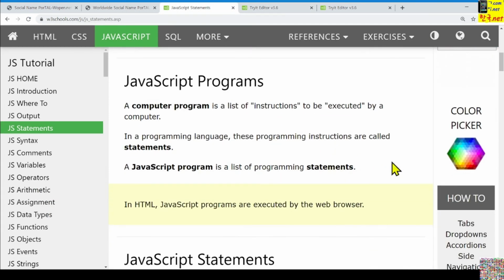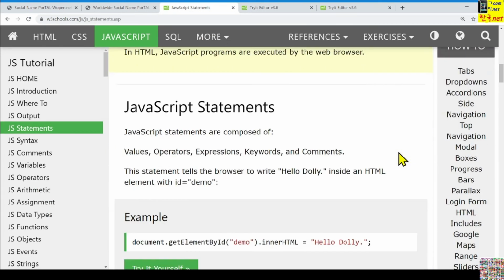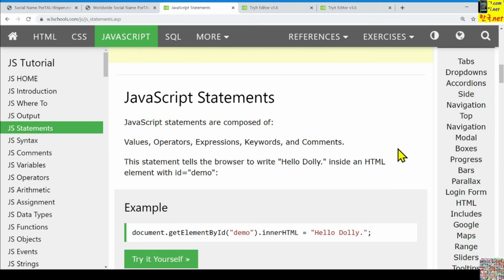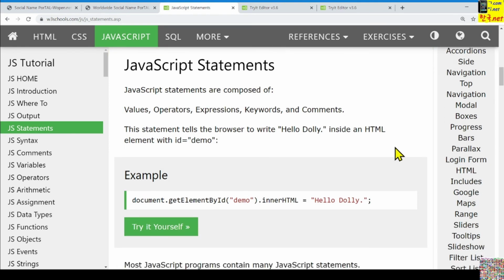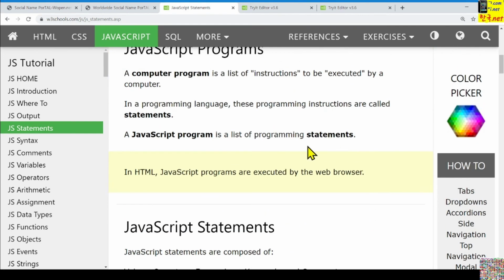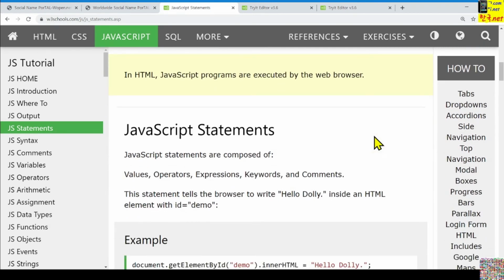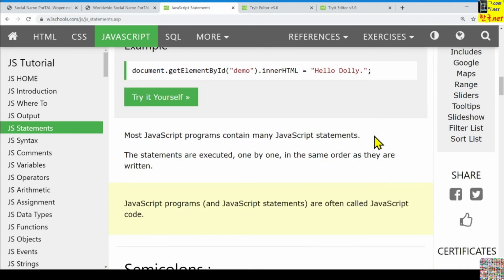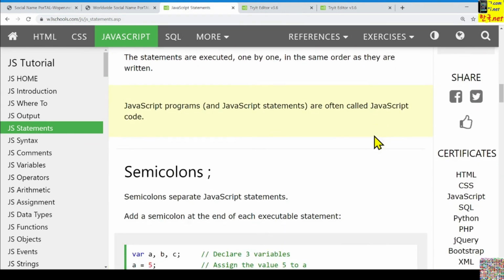Another way: if we change the JavaScript statement to a simple comment statement, then we can make it easy to debug sometimes. This you can use later.